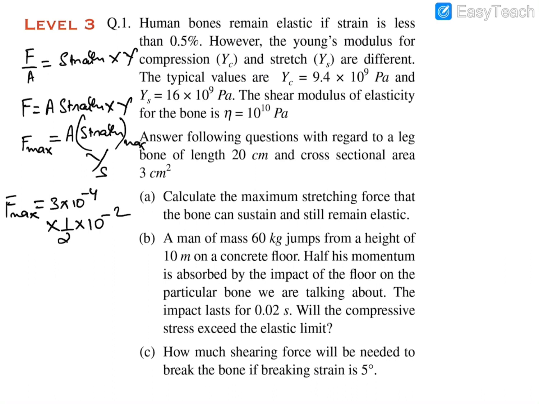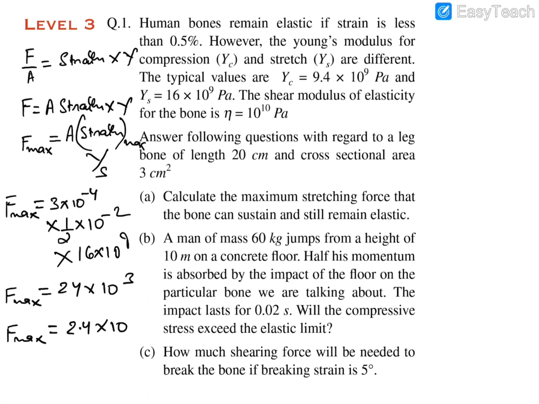And it is also given that gamma for stretch is 16 into 10 raised to power 9. So F max will be equal to 8 into 3, which is 24 into 10 raised to power 3. So F max will be equal to 2.4 into 10 raised to power 4